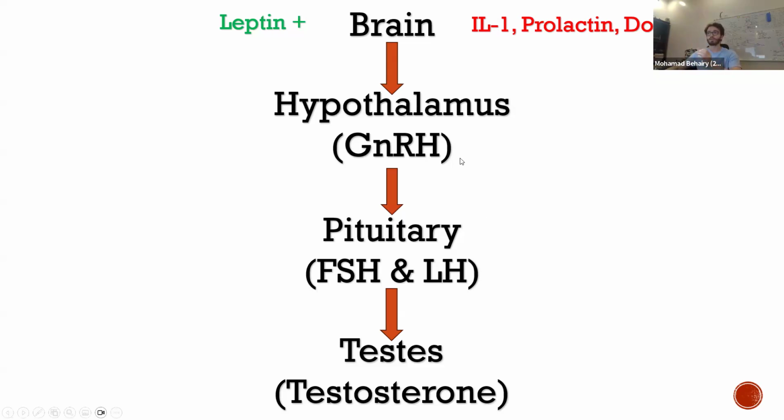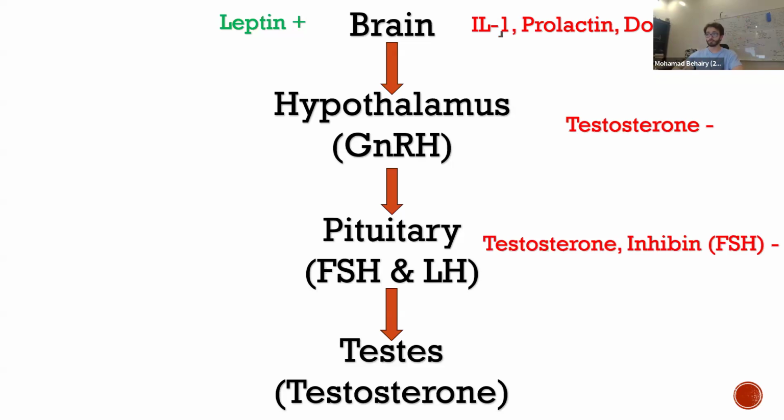Okay, what are the things that will inhibit the hypothalamus? We have one important thing, testosterone. Why? A simple mechanism called negative feedback. So after the testosterone is produced by the testes, when this testosterone is in high amounts, it will go all the way to the hypothalamus and tell it, enough, we don't need any more GnRH, there is enough of me, the testosterone. Moving on to the pituitary, we also have negative feedback by testosterone, but more importantly, we have this